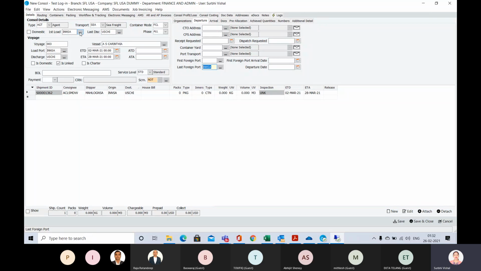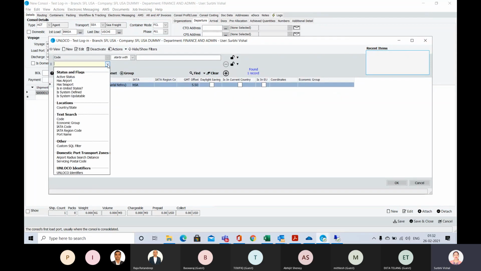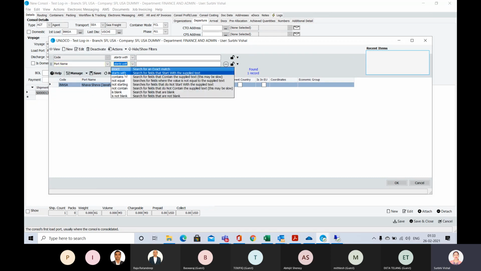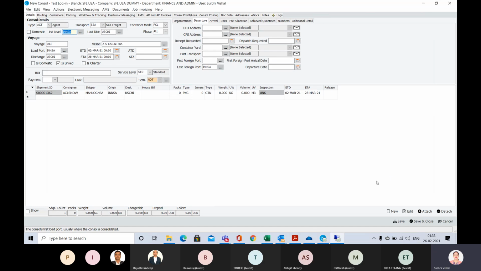You have to click over here, and let me clear this, and you can put the port name. There are options to search, like contains. I am putting here Shiva, so it will come like this. Got it? Yes, so it will reflect as well, right? Yeah, it will reflect, means you can search, and then you have to select this, either double click over here or single click and OK. So it will come here.